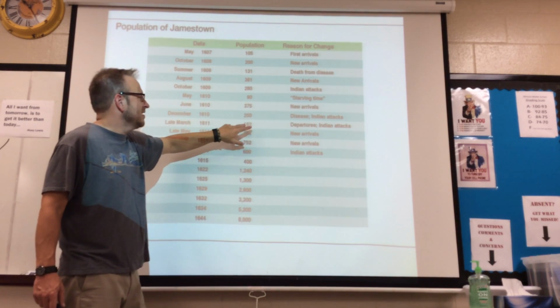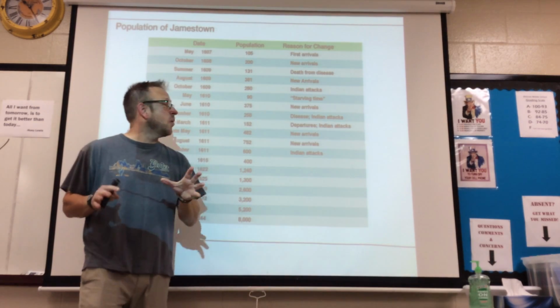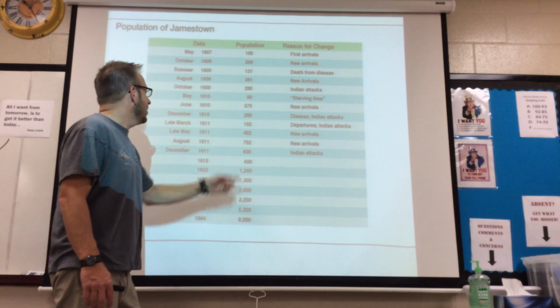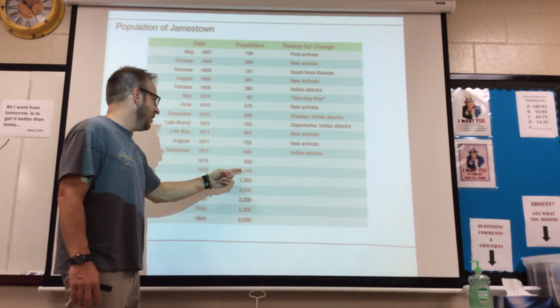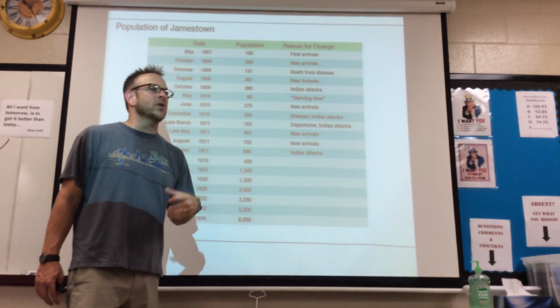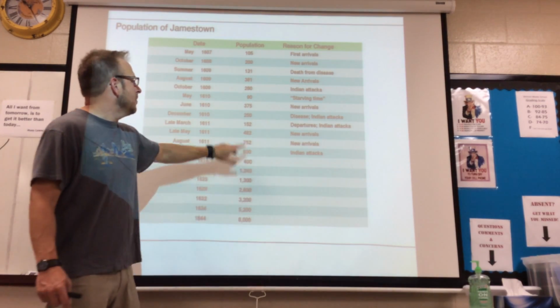Disease, Indian attacks, departures. People are saying, I'm done, I'm going back. More Indian attacks, down to 152. New arrivals start coming in. And you just start seeing it's a roller coaster ride. 1622, you can see the word of the tobacco is growing. Because right here,